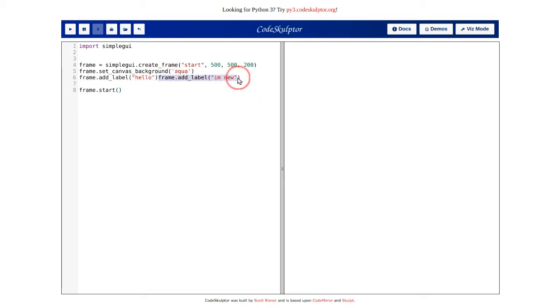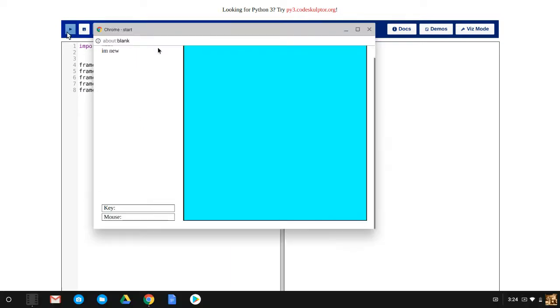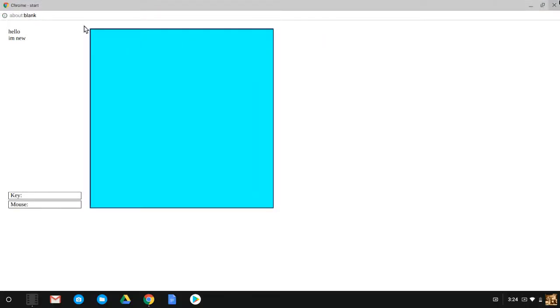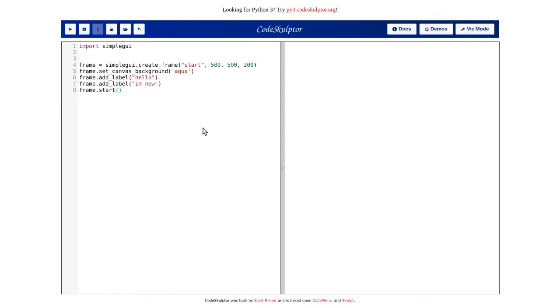Okay, then I select this. Drag it down there. And there we go. Problem solved. And then now, if I do it, it'll say, hello, I'm new. So there you go. Now for the width part, if I were to do, let's just say 10,